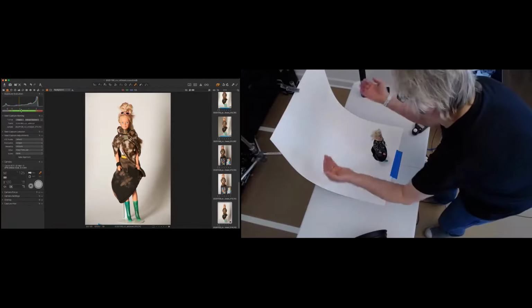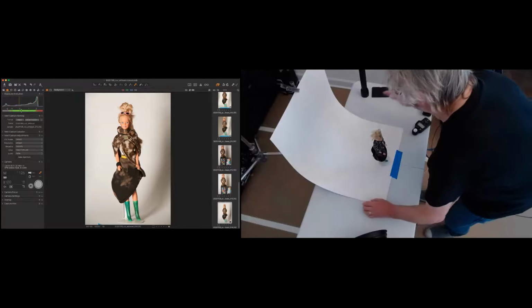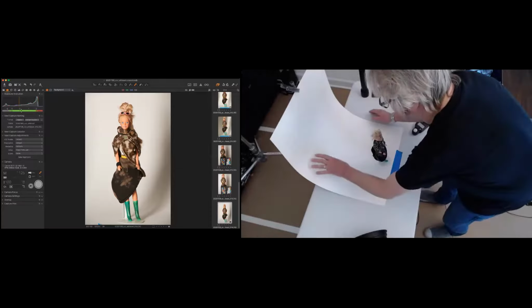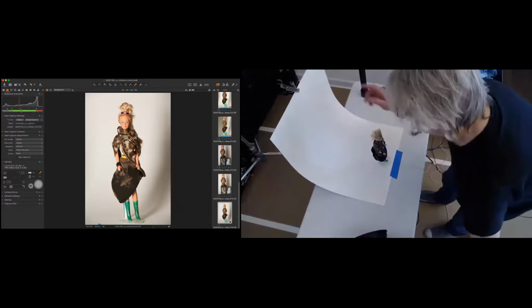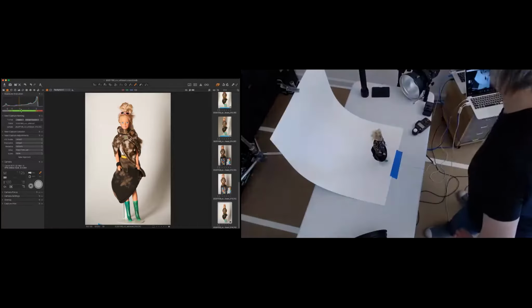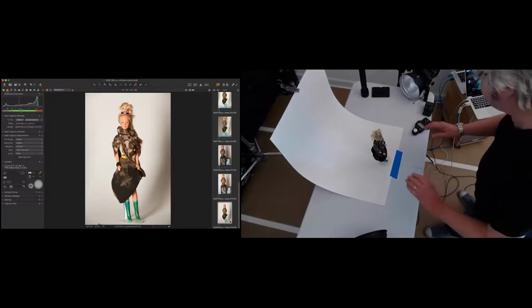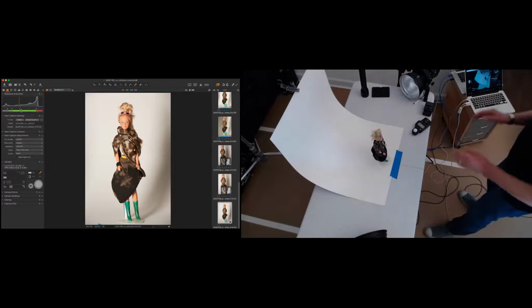So again, by crossing these lights, we're feathering these lights so that this one is raking across here, but primarily shooting on this part. This one is doing the same thing over here. And so we will get a much more even background by doing it that way. Does that make sense? Yes. Okay.